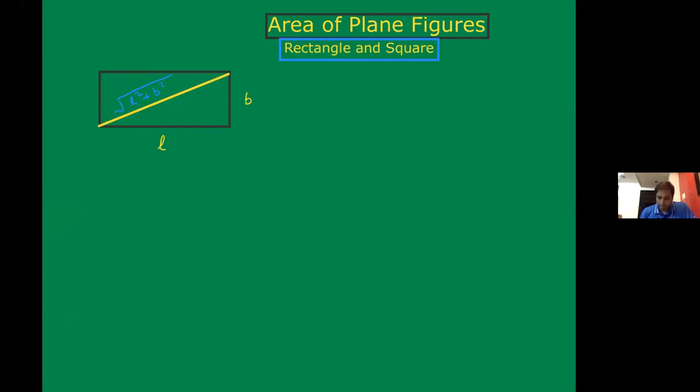I have created the rectangle here. Let the rectangle be A, B, C, and D, where AB equal to CD and AD equal to BC. We know that in a rectangle, opposite sides are equal. So how to find the area of the rectangle? Area of the rectangle